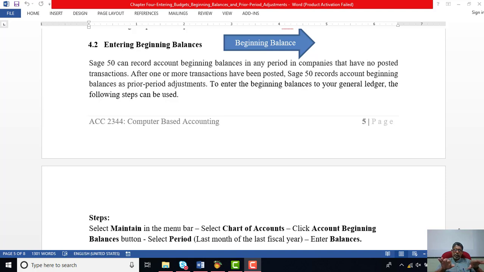Now, when it comes to beginning balances, they can be entered on two different dates: as at the beginning date of the financial year or as at the last date of the last financial year. There's a small difference between these two entries. If you enter the beginning balances as at the first date of the current financial year, what will happen?